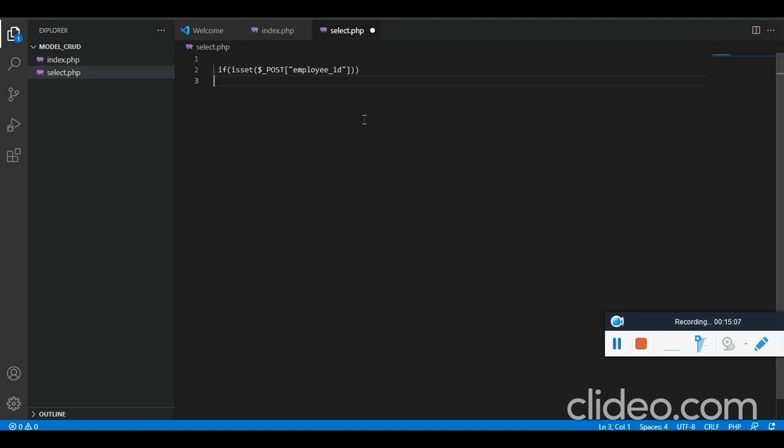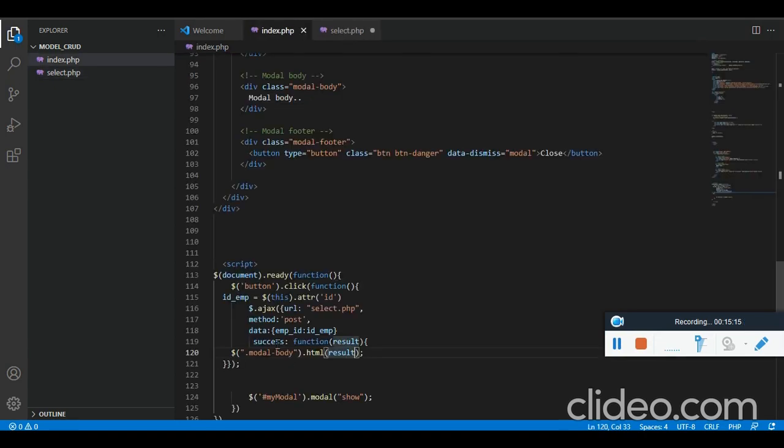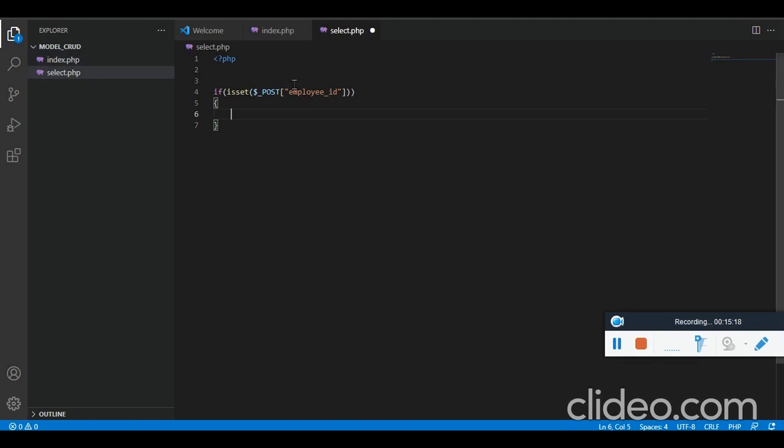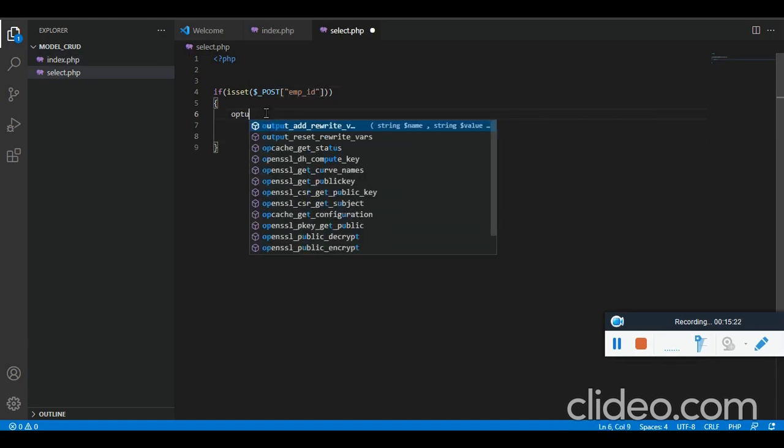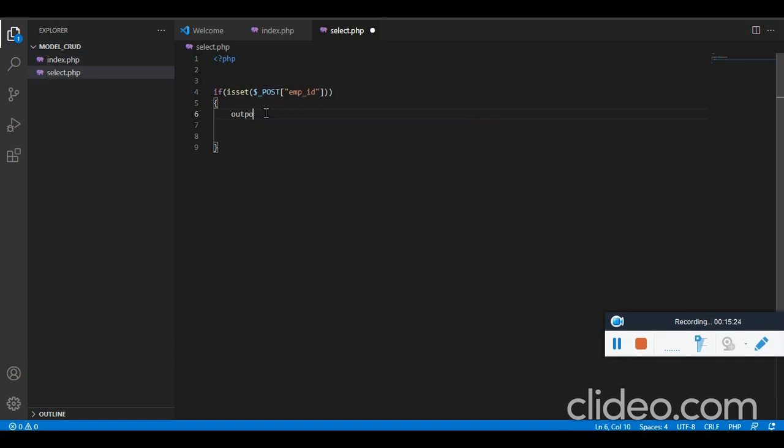First and foremost thing, we need to check whether the ID is set or not. So the key is this one, emp underscore ID. If this is set, let's create the output variable, $output. Let this be blank. This is going to be the HTML.